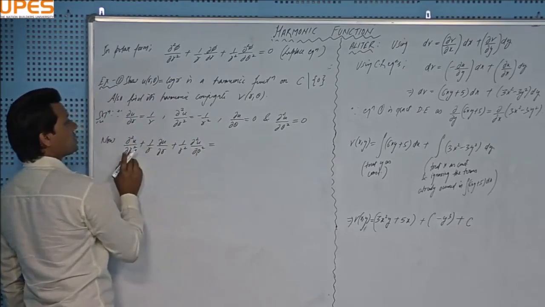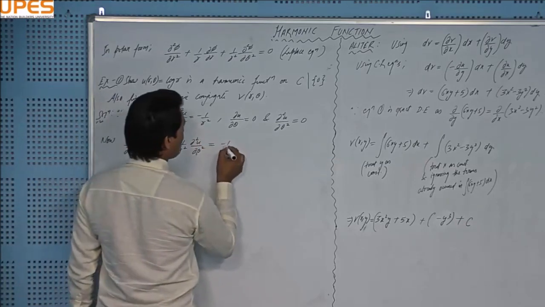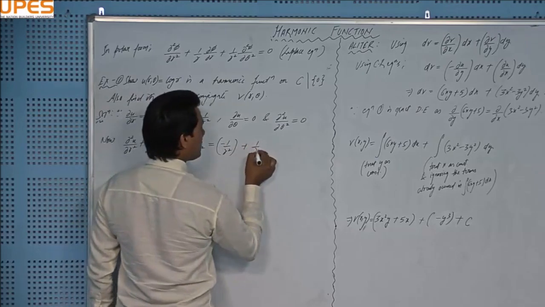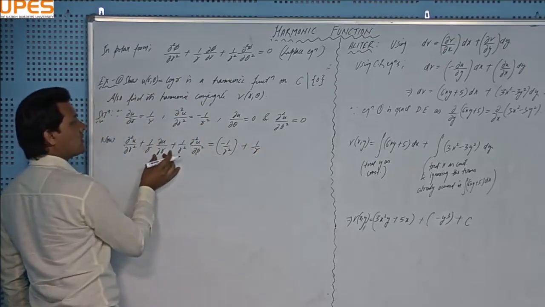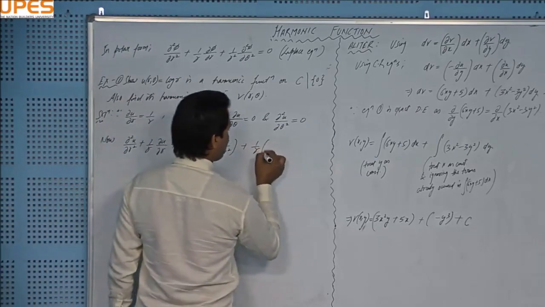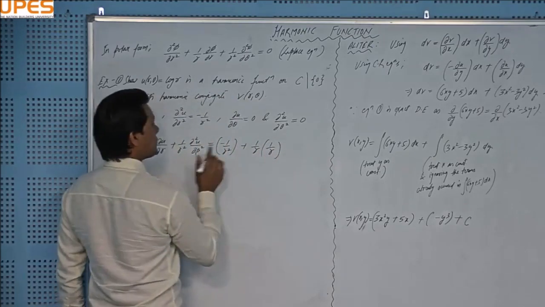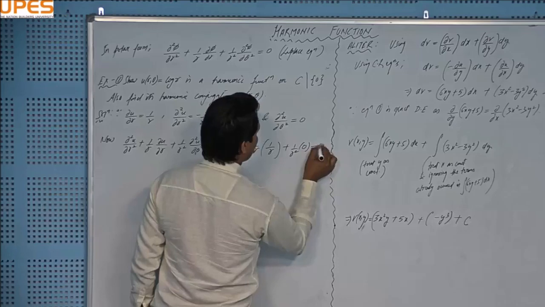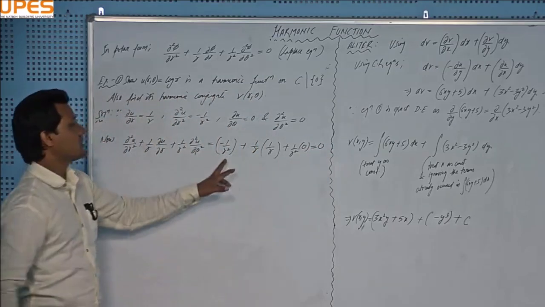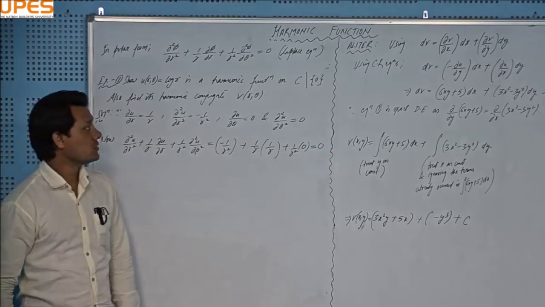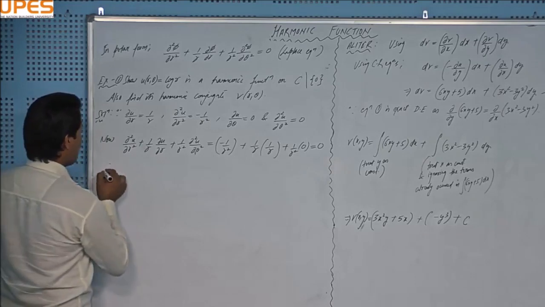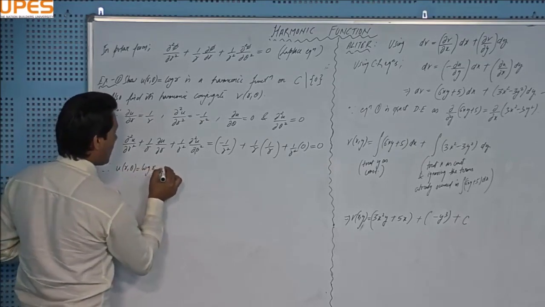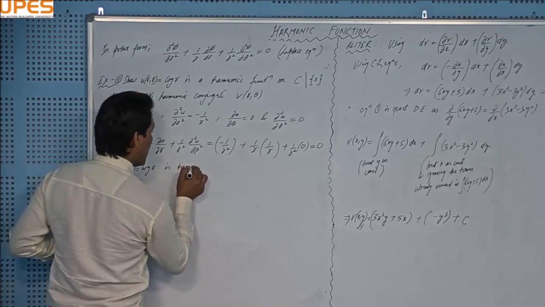The value of the first term is minus 1 by r square, plus 1 by r multiplied by del u by del r, which is 1 by r, and the last term is 0. I'm getting 0. You can see that these terms cancel in the calculation. So we can say that u(r, theta) equal to log r is harmonic